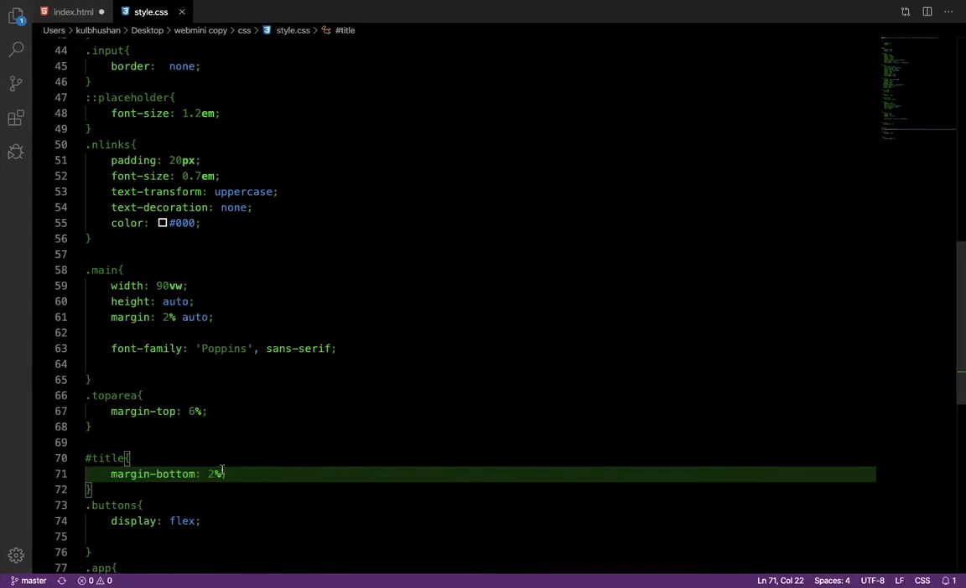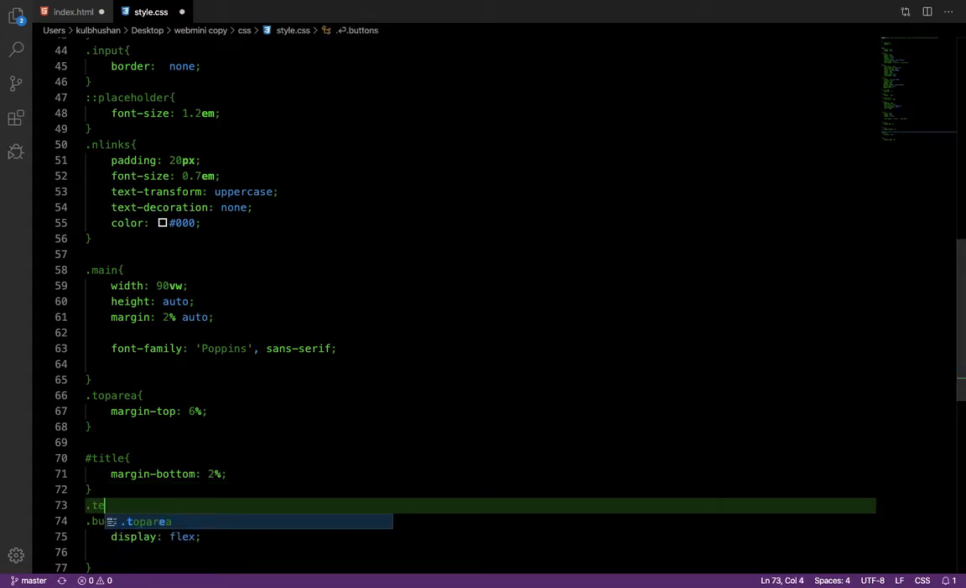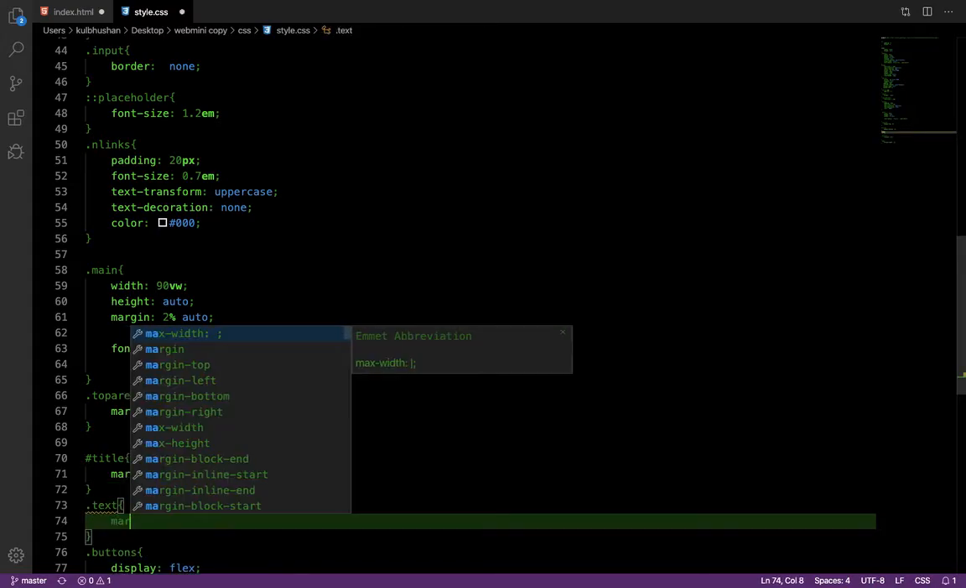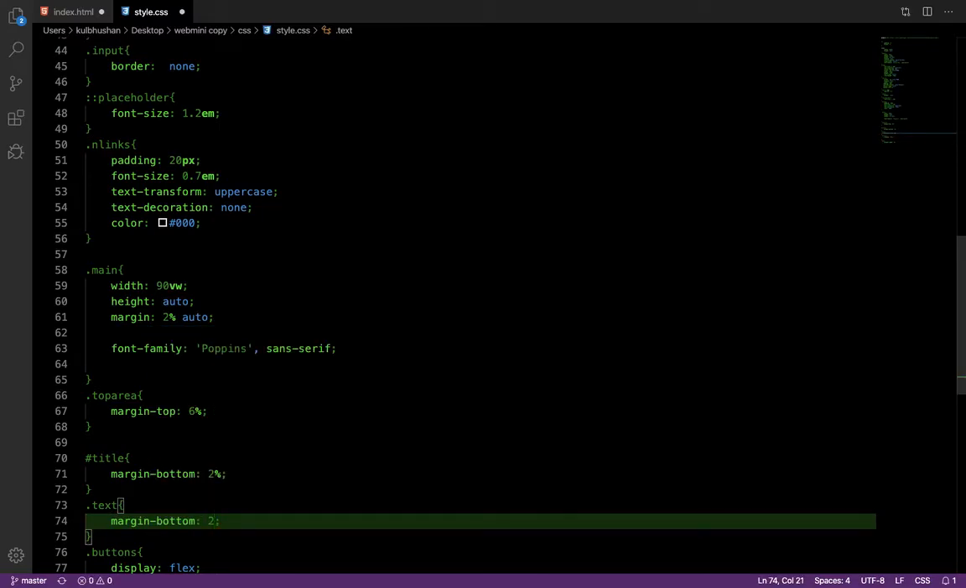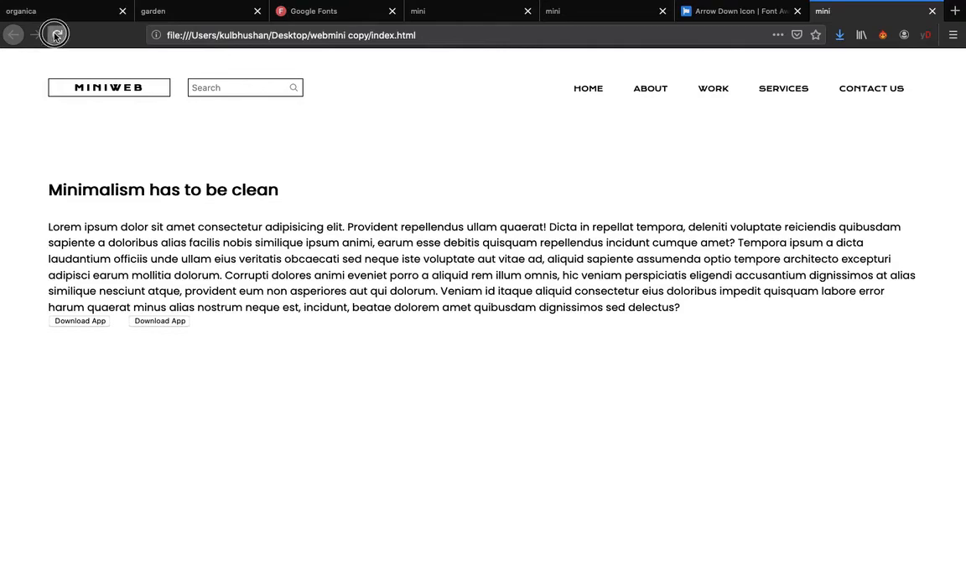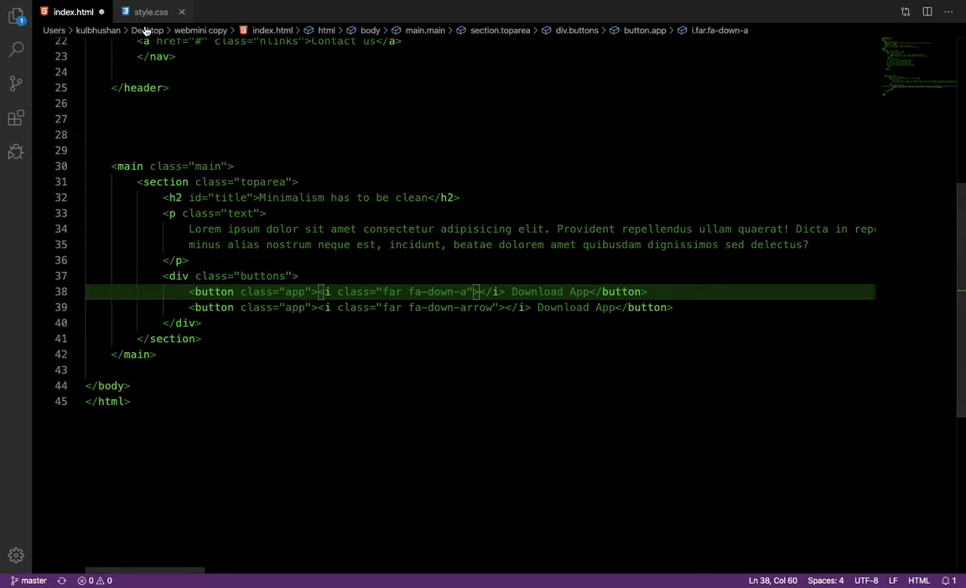Now the text, that too needs some margin at the bottom. So let's text margin at bottom. Yeah, 2% or 4% could work. Yeah, that's making sense. Now these buttons need to be styled. What is the class of these buttons? They have an app,